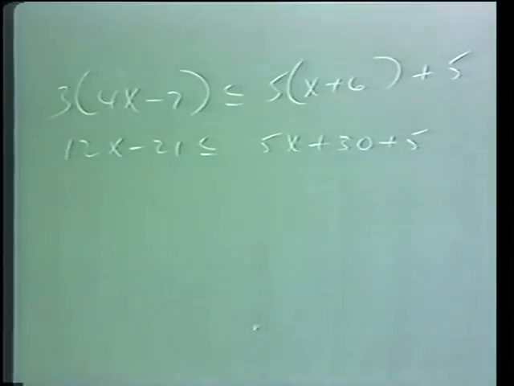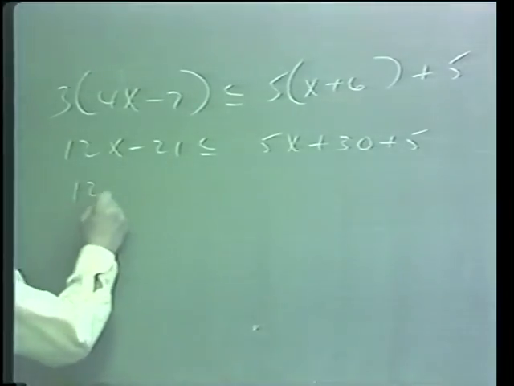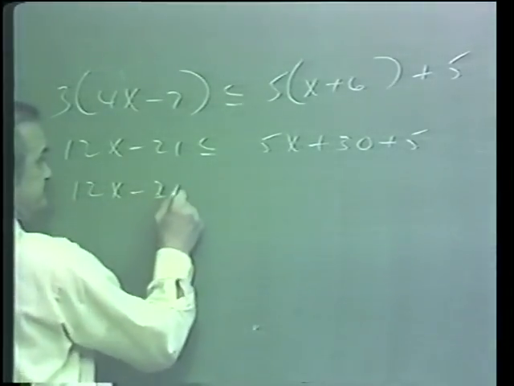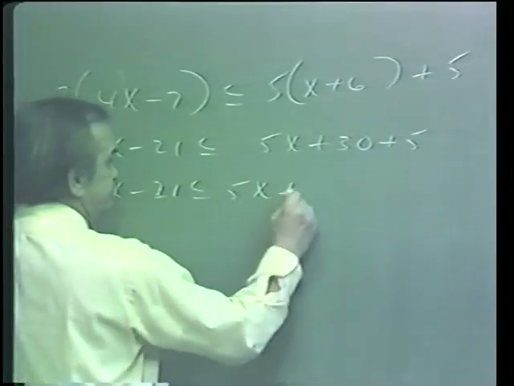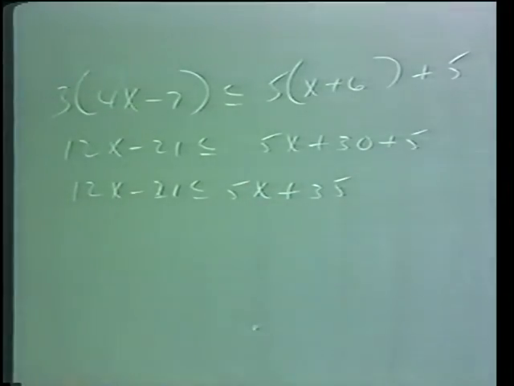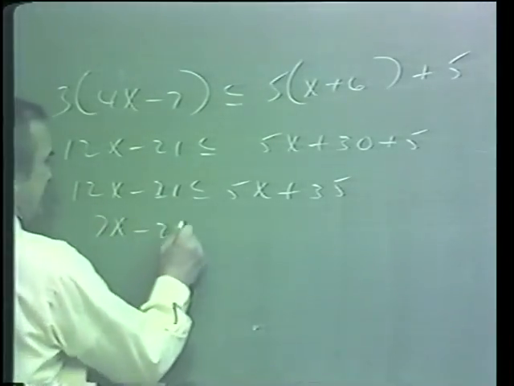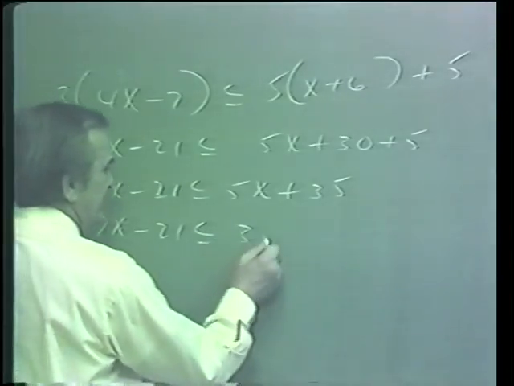Step 3 says combine like terms. Well, we can combine on the right. Step 4 says get all the x's on one side. So we're going to add a negative 5x to both sides. And we said we're allowed to add anything we want to both sides, and it's not going to have